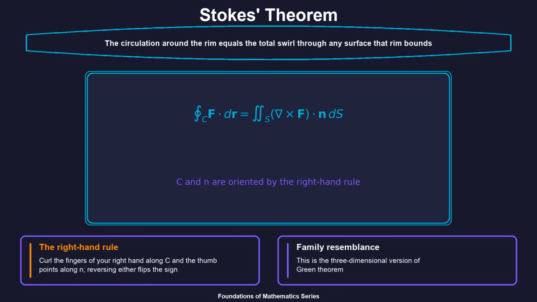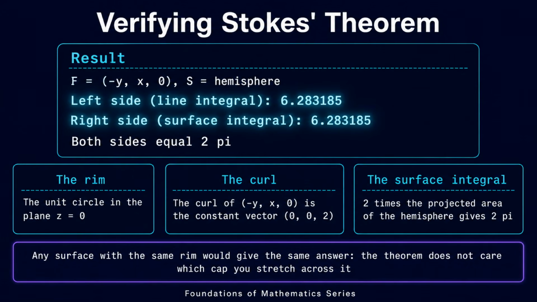There is also a striking consequence. The right-hand side depends only on the rim, so any surface with the same boundary gives the same answer. Test it with the field f equal to minus y, x, 0, and let the surface be the upper hemisphere of the unit sphere, whose boundary is the unit circle in the plane z equals 0. The left-hand side is a line integral around that circle, and the integrand works out to 1 at every point, so the value is 2 pi,